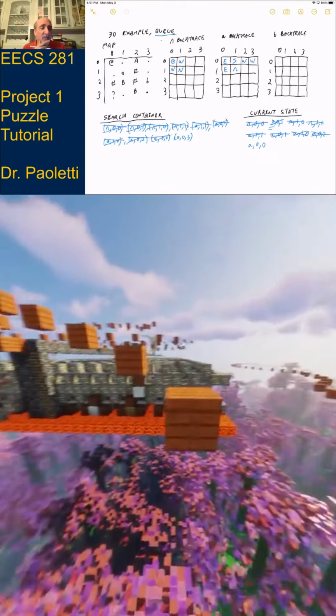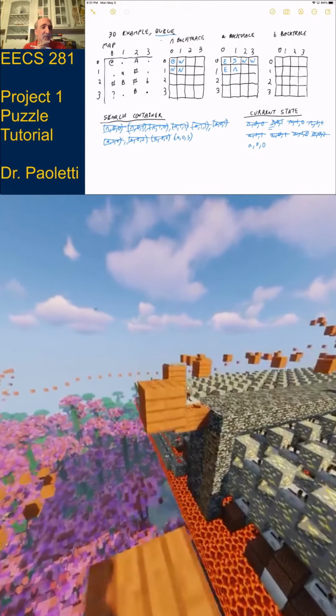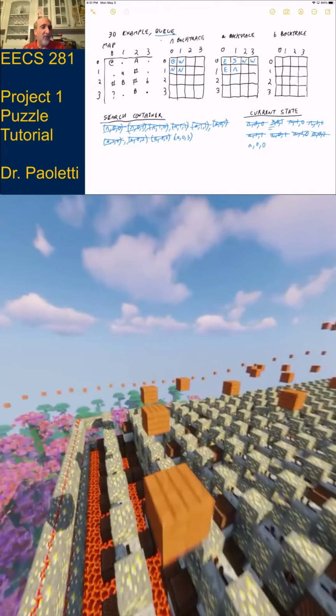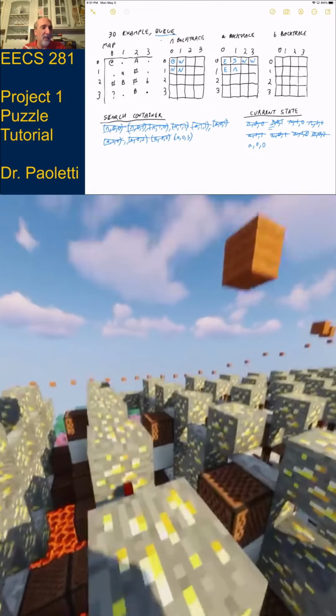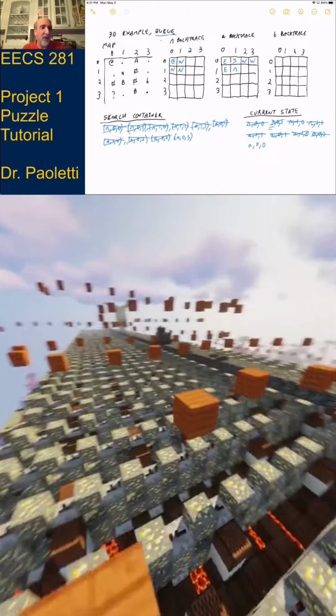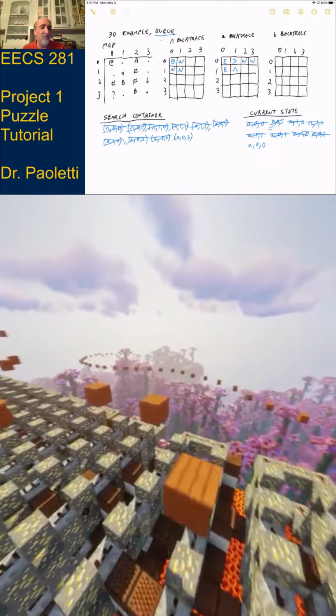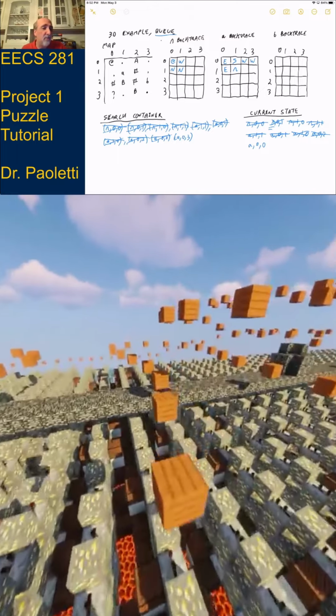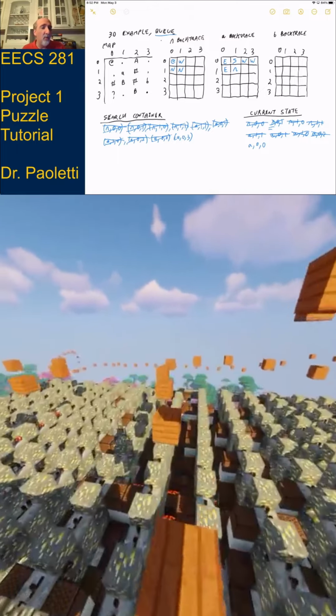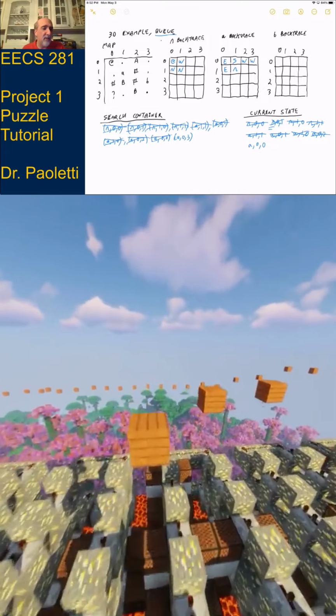Does north of me exist? No. Does east of me exist? Yes, but it's already discovered. How about south of me? South of me exists, but it's already been discovered. How about west of me? West of me doesn't exist. Okay, I'm done with A00. There was nothing new. When I investigate this, I discovered nothing new.